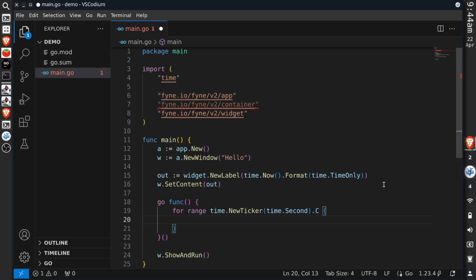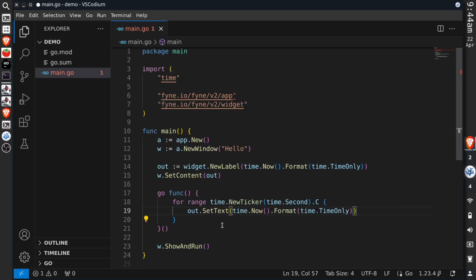And so now we have a for loop that's going to call every single second. And here I could say out.SetText and format in the same way that we did initially. I'll save that file, the warnings go away, and we have a piece of code that's going to update the